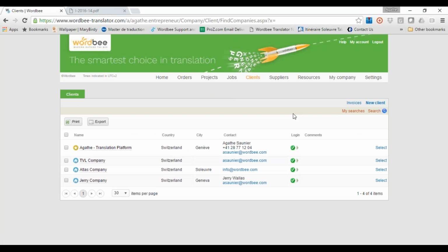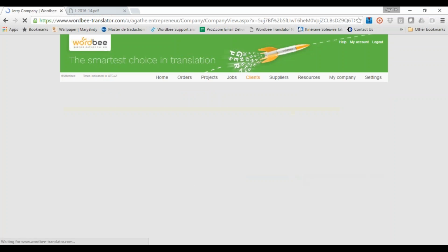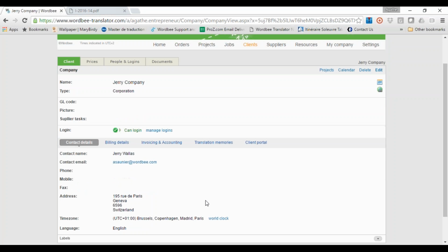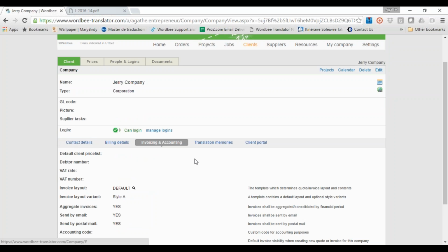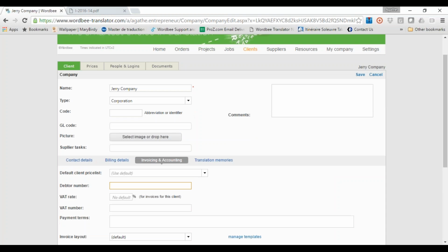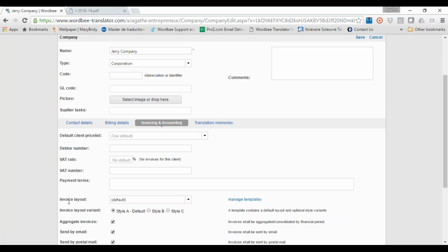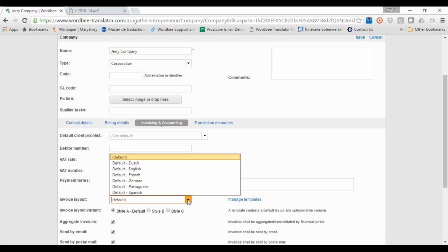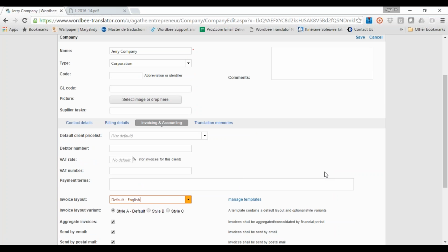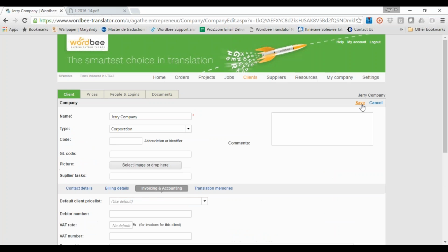If I reach my client section, so here if I take the example of my client Jerry company, okay, here, so this is my client page. I have an invoicing and accounting section. So here, if I click edit, you can see that I can choose what is the default invoice layout that I want to use for him. Okay, is it the default French? Is it the default English? You can choose. So if you want for the client Jerry to use default English, you select default English and